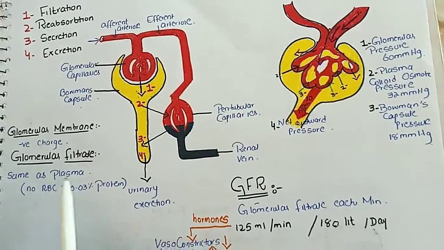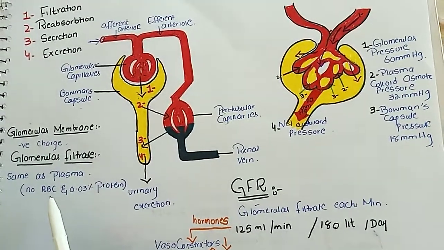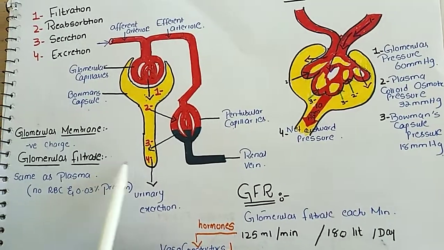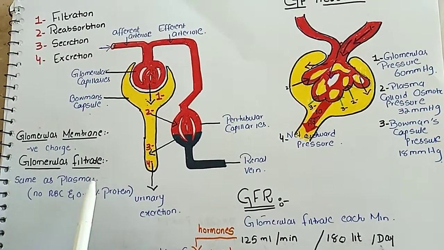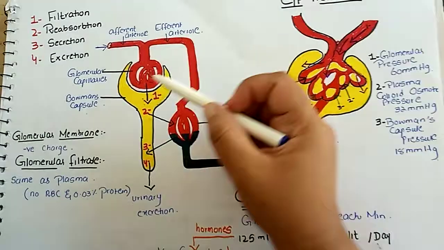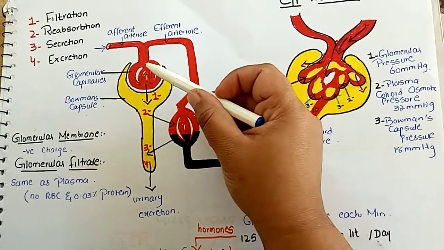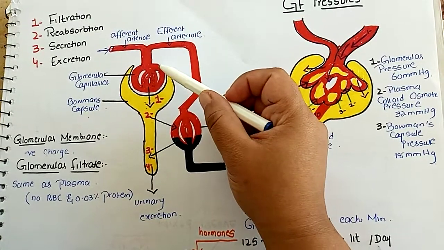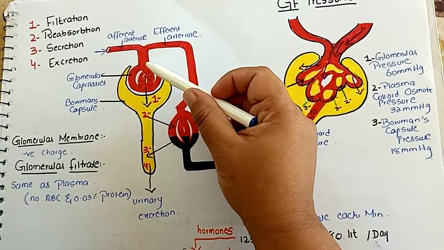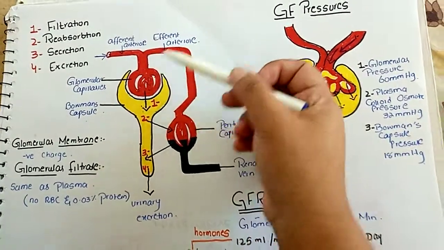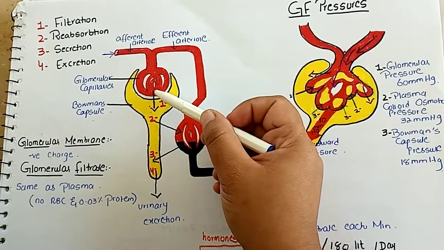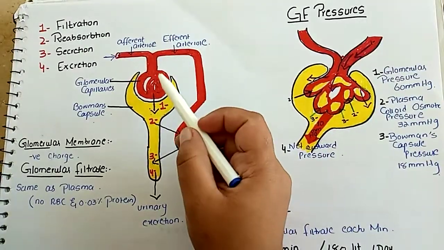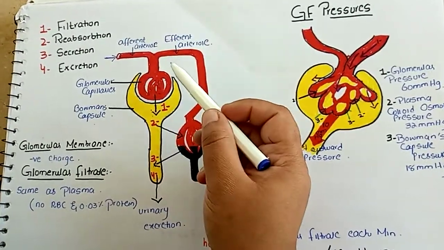It is the same as the plasma, but one difference is that there is no RBC within the glomerular filtrate, and the protein ratio is also very low. The glomerular membrane is the membrane of the glomerular capillaries, and it is negatively charged. It resists the entry of proteins because proteins are also negatively charged, so they